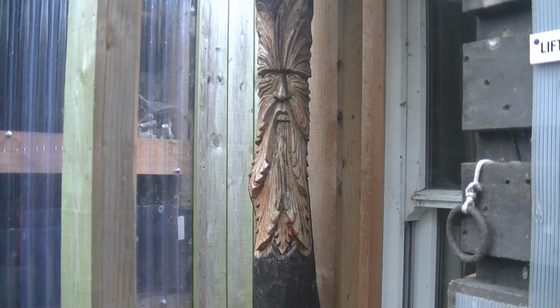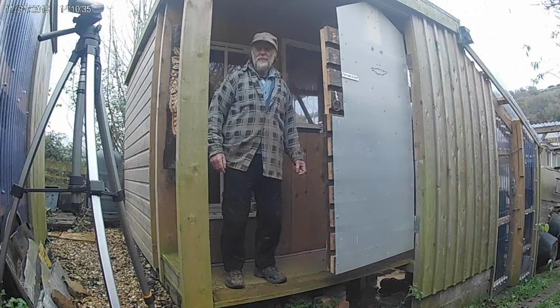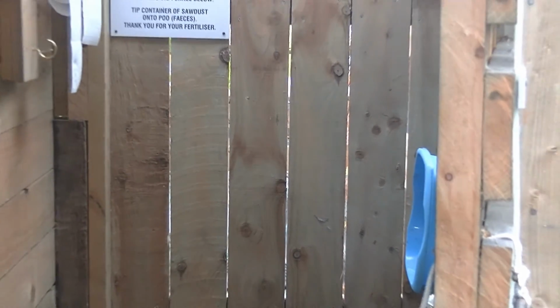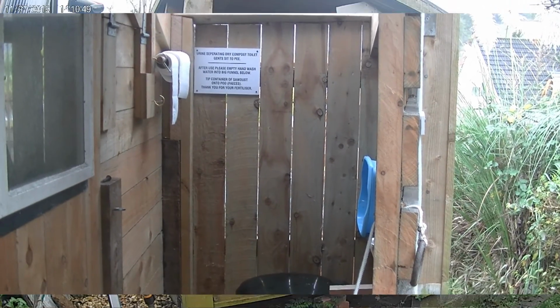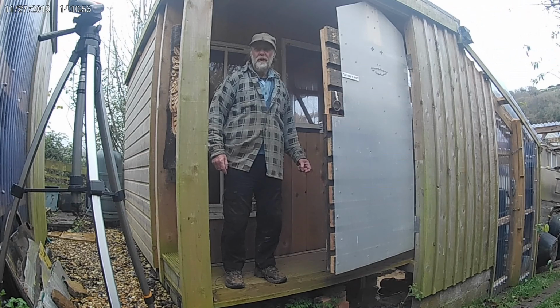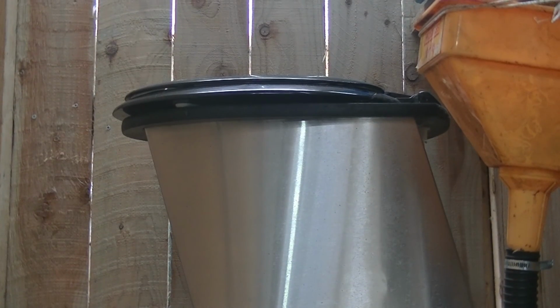Spending quite a bit of time outdoors, sometimes with filthy dirty boots and dirty hands, it's quite useful to have a toilet without having to go indoors. I'm not a great one for sitting behind a tree, so I built this little unit, which is a composting toilet. It's what's called a dry composting toilet, and basically all it does is separate the urine from the